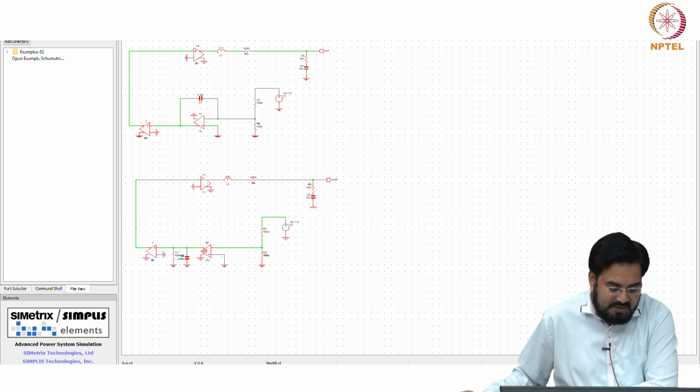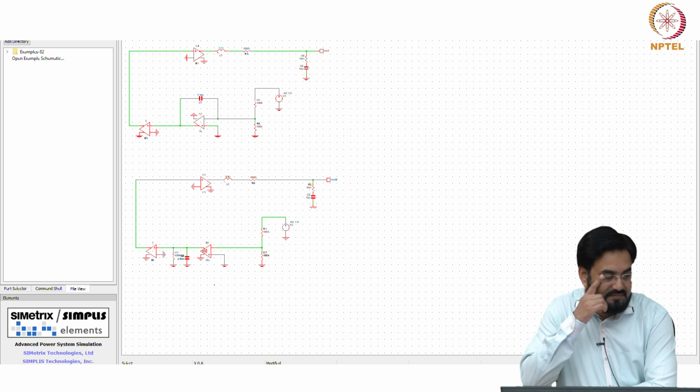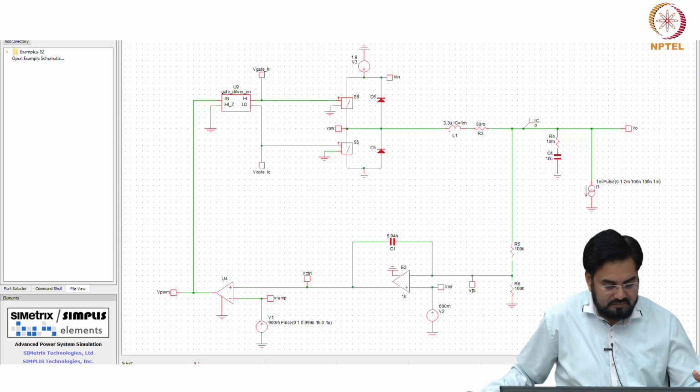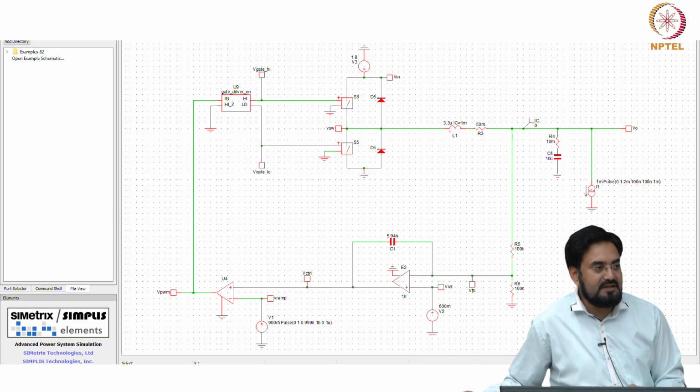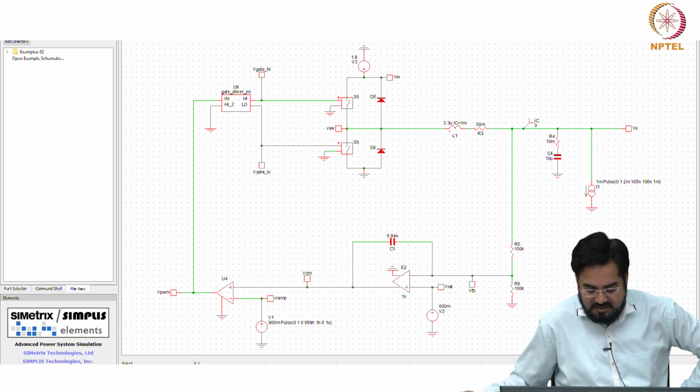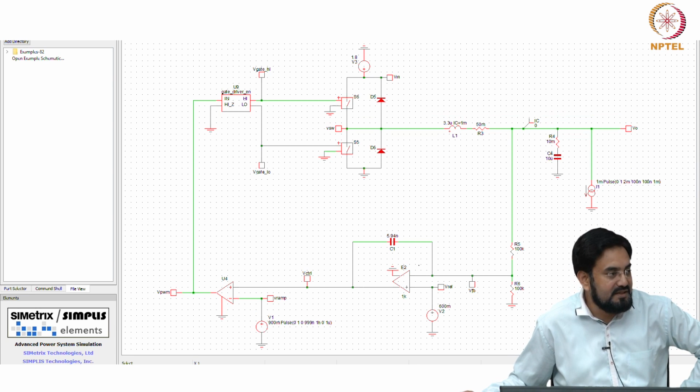Correct. So you have to be a bit careful when you do GMC or op amp RC, because beta will not be in the picture in the case of op amp RC, but in this case you have to include that. Okay, so this is the complete switching circuit with your op amp RC integrator.